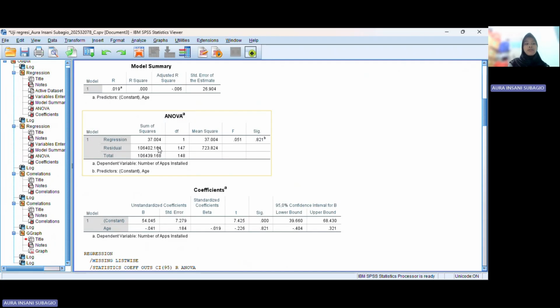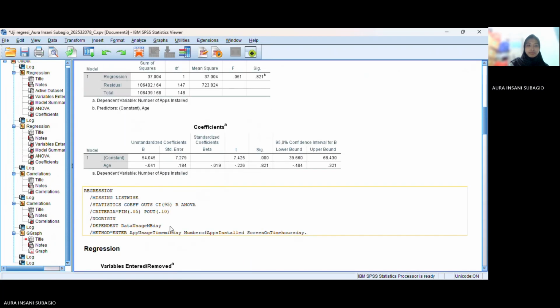It means the independent variable has an effect on the dependent variable. As you can see in here. And this is the coefficient table. As you can see, we have the constant. So the constant itself represent the estimate data usage when the number of installed app is 0.